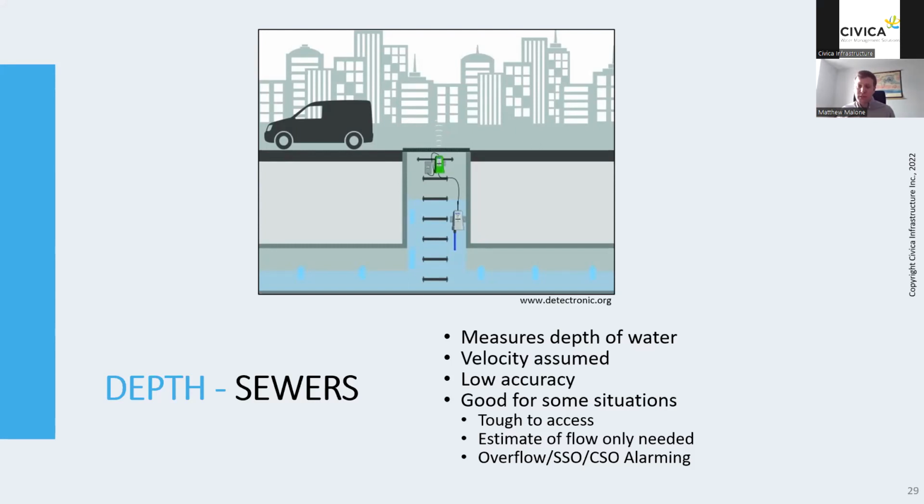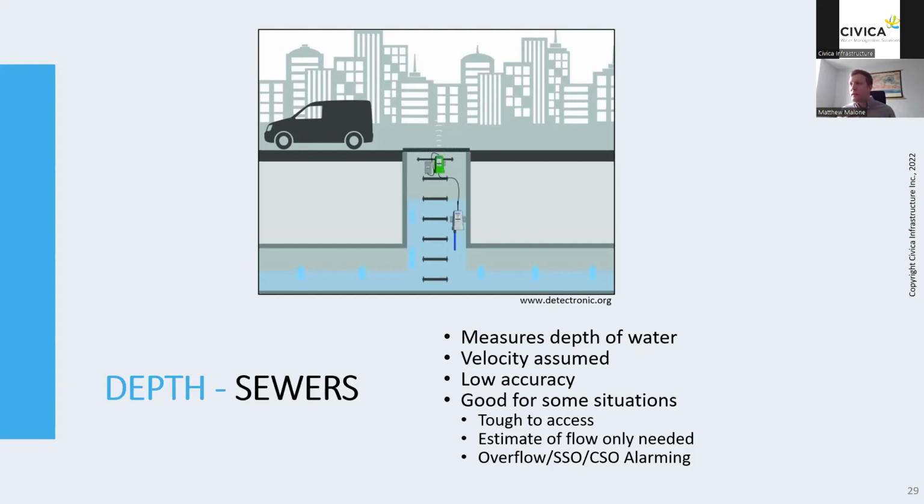It's good for certain situations, like if there's really tough access to a particular site that you need to get some flow data for, or at least depth data for. These can be used in this situation when only an estimate of flow is needed. So if you're not too concerned about getting high accuracy flow, if you're more concerned about depth,